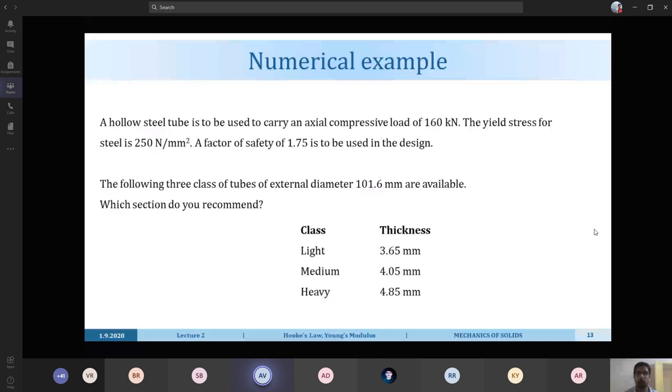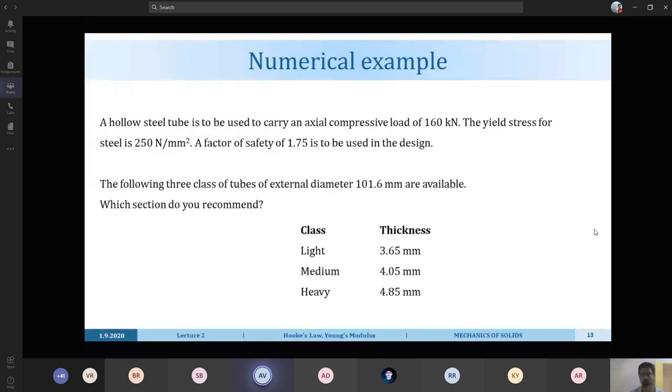And then you are using the information about the stress. Yes. And that ultimate load upon the cross-sectional area of that tube is equal to 250 Newton per mm square. Not the ultimate stress, the working stress, the working load. Sir, after finding out the ultimate load, I found out the cross-sectional area of the tube according to that only. Oh, okay, fine. Understood.